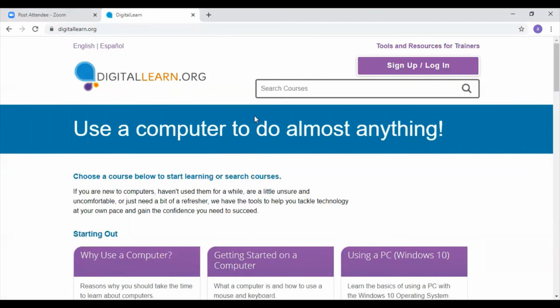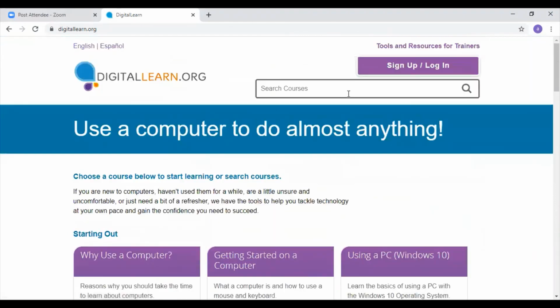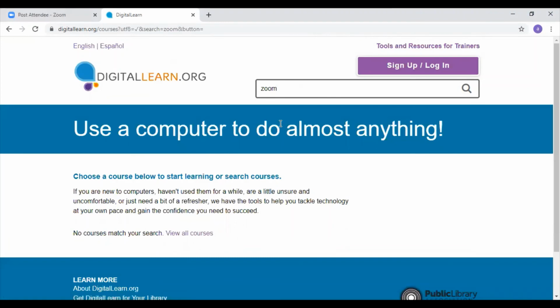So if you also want to see if there's any other courses available that you don't quite see here, you can also type in an inquiry right on top. Let's see, does it have anything on Zoom? I don't know, that's fairly new. It might not be. Yeah, so there isn't anything. It's kind of limited, like this one doesn't have as much as GCF Learn Free, which Kaylin went through earlier this month. But it does have some really nice tutorials that show you on the screen exactly what you would be seeing